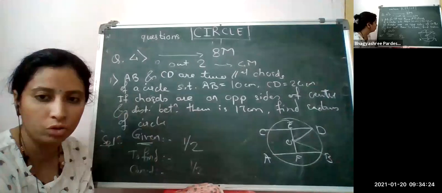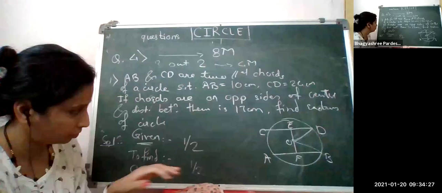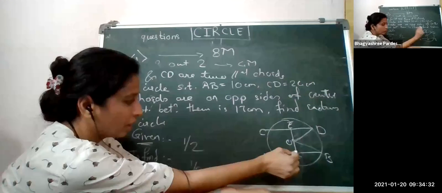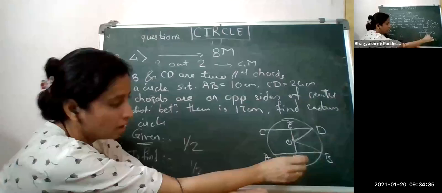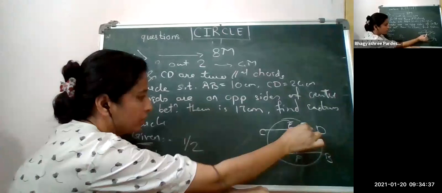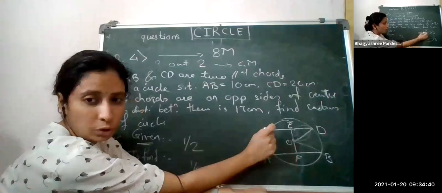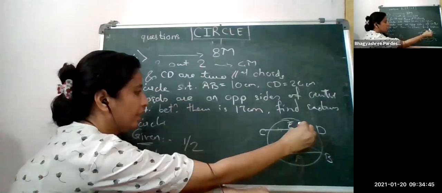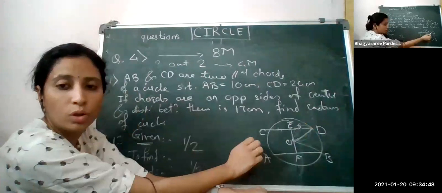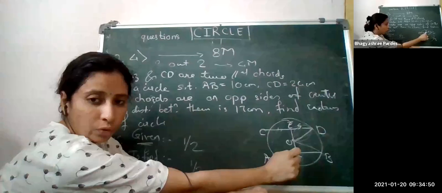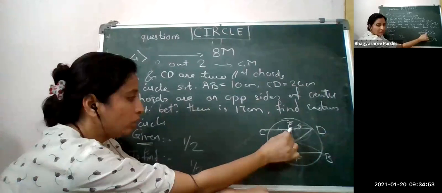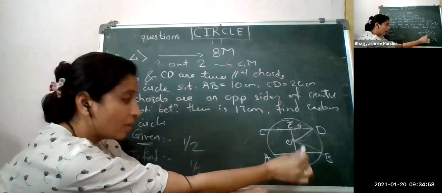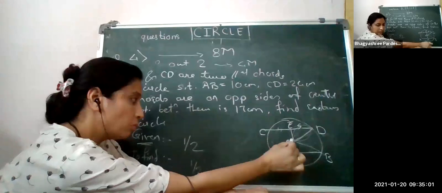Let's start solving. For this solution, I'm just going to tell you how to solve this. Do it for your homework. Now here, the measurement of EF is given to us, and I have to find this one. OE is perpendicular to CD, therefore these two are equal. So if it is 10, this is equal to 5. I have to find OD. I don't have OE, but if I have OE, I can solve this.